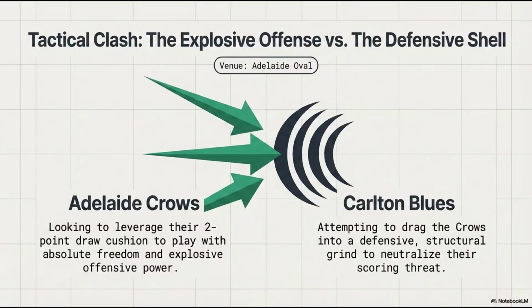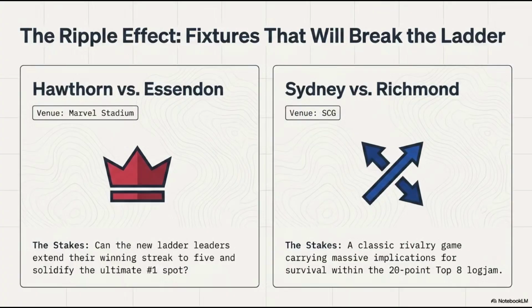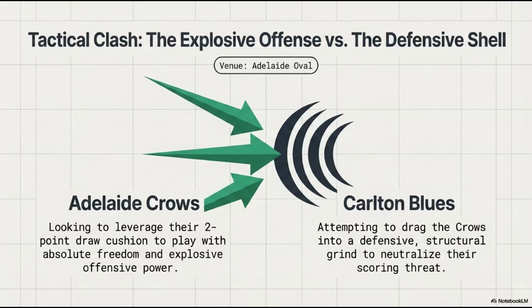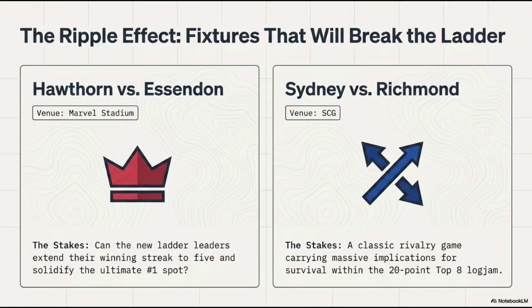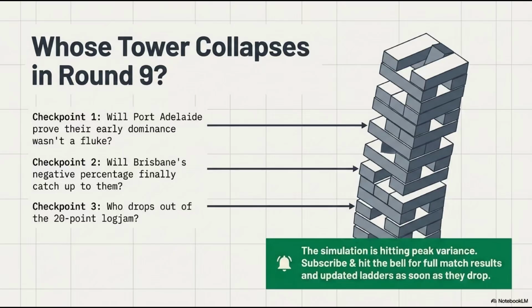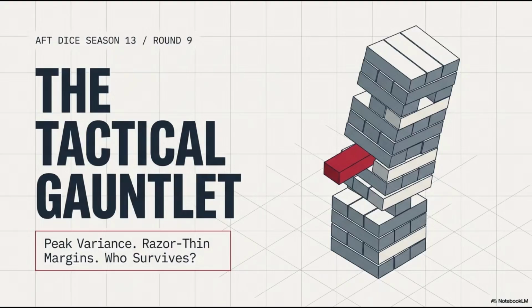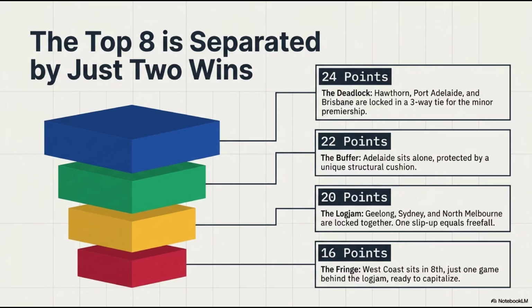Well, today we are unpacking a snapshot of that exact kind of high-stakes, chaotic math in this deep dive. Only we aren't looking at Wall Street today. No, definitely not Wall Street. We're actually looking at a really fascinating piece of sports analytics via a YouTube preview for AFT Dice Season 13. Which is such an amazing rabbit hole if you haven't been down it. Oh, it completely is. For those of you listening who haven't encountered this, we are talking about a highly complex dice simulation of Australian rules football.